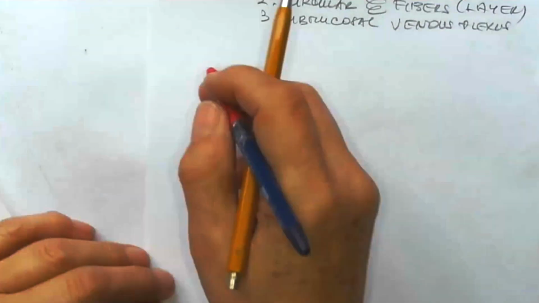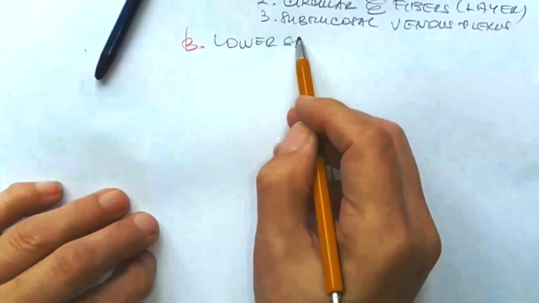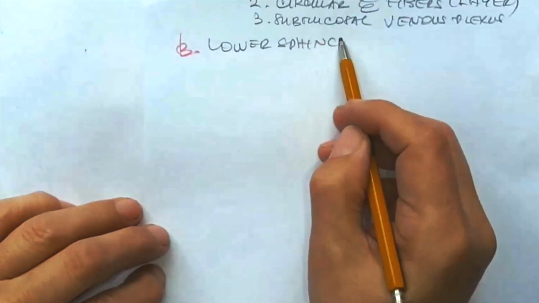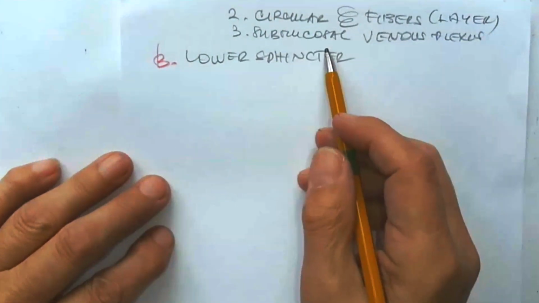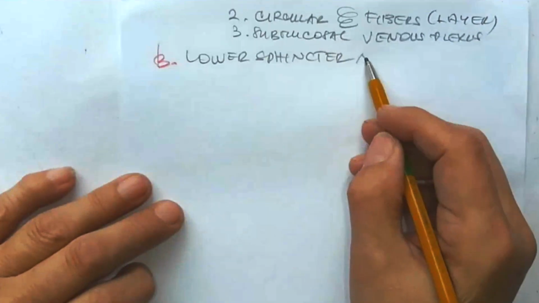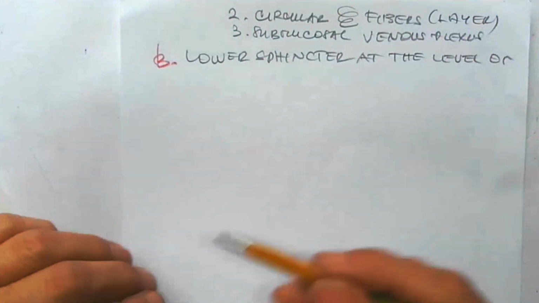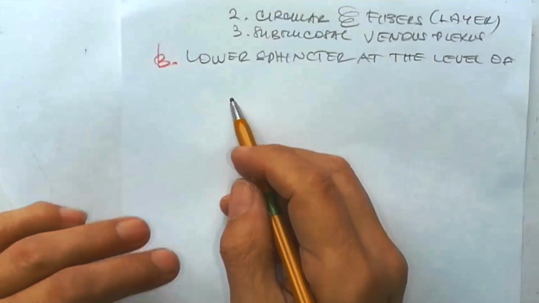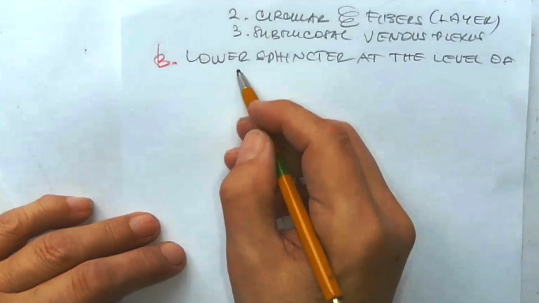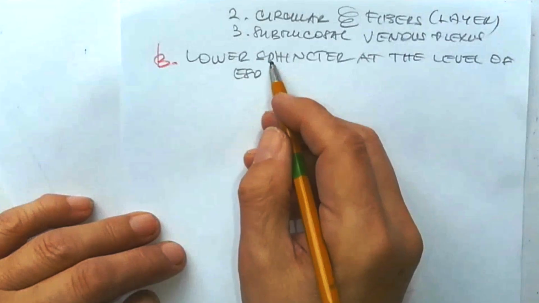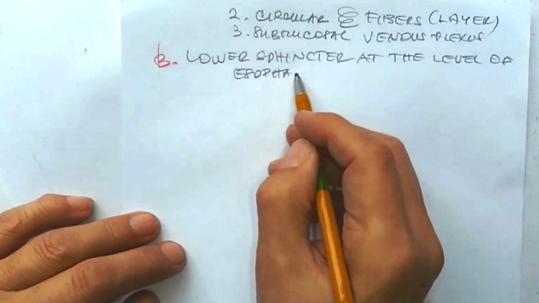B, using red, B is the lower sphincter, but in fact it's not a sphincter because it doesn't contain any specific muscular fibers, but we could say the lower sphincter lies at the level of the inferior esophago